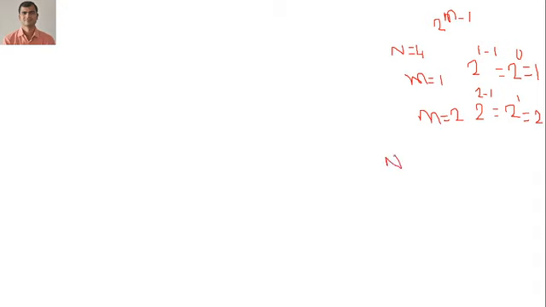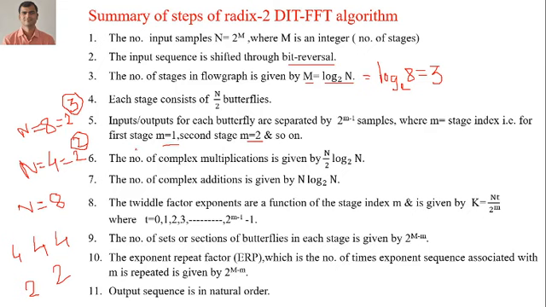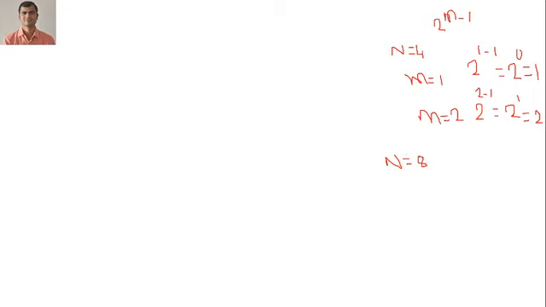If capital N is equal to 8, then the input and output, see, this is point number 5. The input and output for each butterfly are separated by how many samples? So for N equal to 8, the input and output for each butterfly are separated by